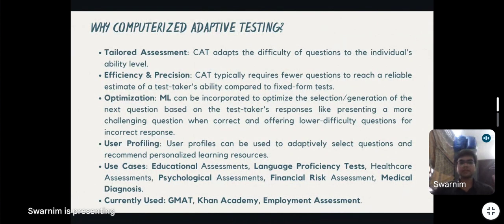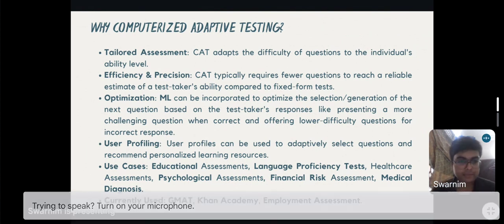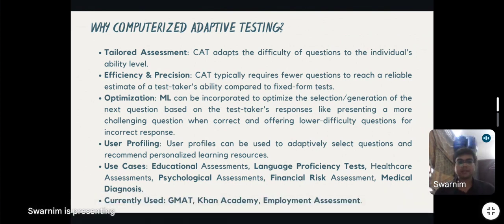Now moving ahead, why computerized adaptive testing? Again, we have the same points. It gives a tailored assessment where the test is tailored according to the abilities and according to the needs of the students, if I might say. Next is its efficiency and precision. Then optimizations. Machine learning can be incorporated to optimize the selection and generation of the next question based on